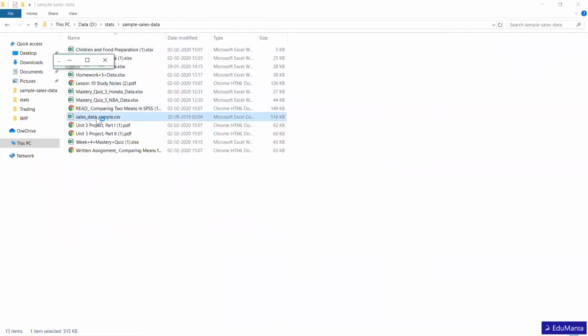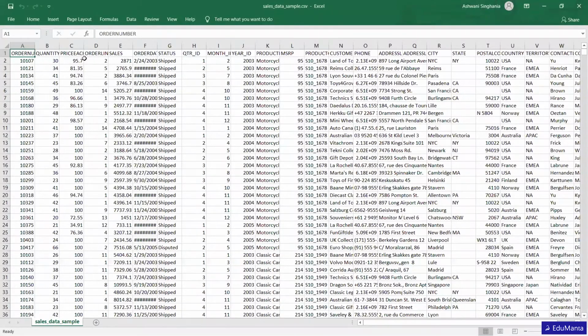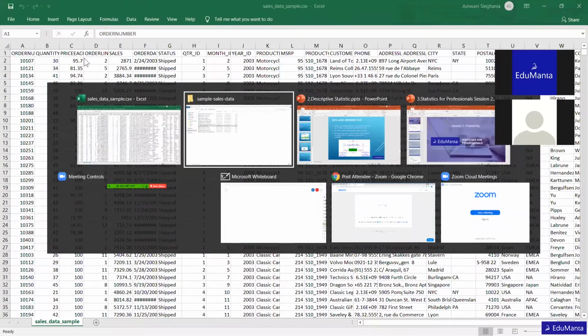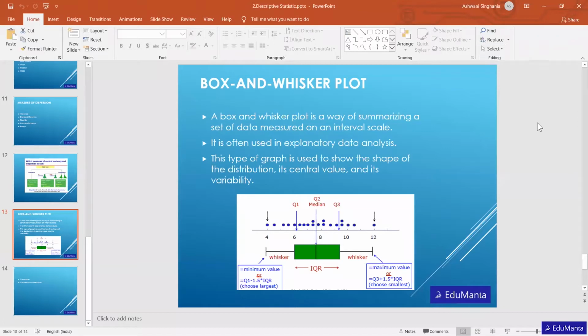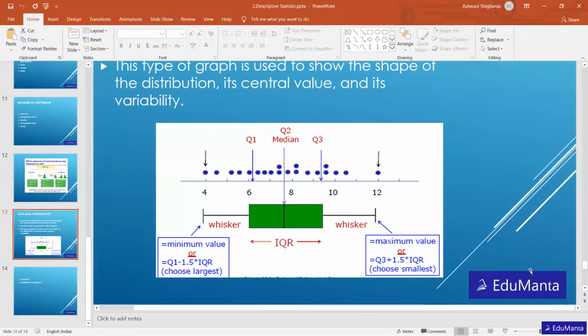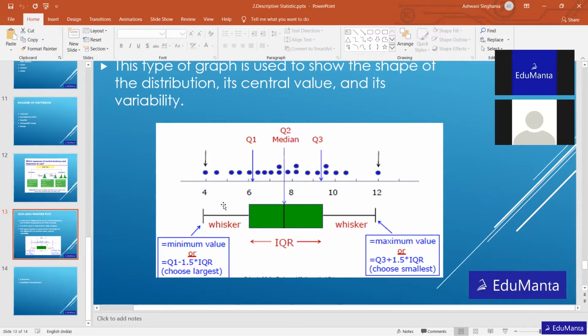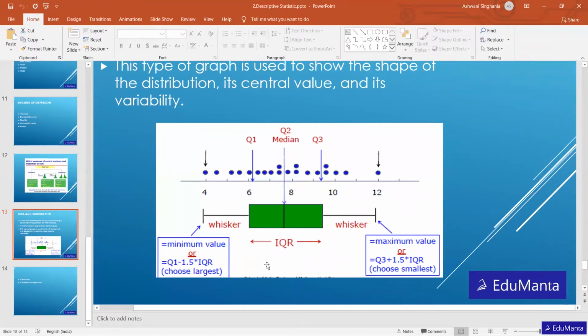We can produce this box and whisker plot in Excel also, so that's not an issue. Let's understand what this box and whisker plot is. Here we can see this image. In this there is a box, and on both sides of it there are tails. We need to put data in such a way that it will help to identify the outlier.